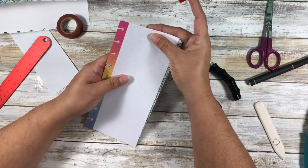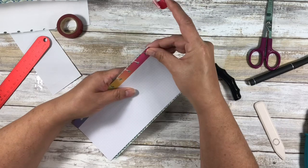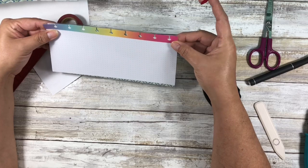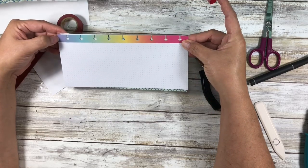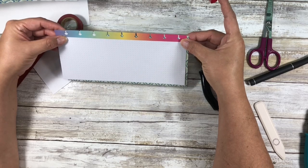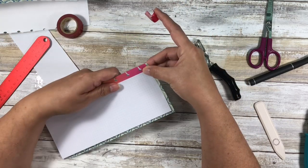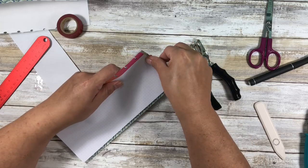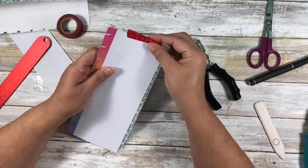And again, I mention that because you won't be able to line this up with the top, because then you'll have too much of a gap down here. I would actually play with it and just kind of center it, because I mean, it's not like there's rings on top or bottom, but it may look